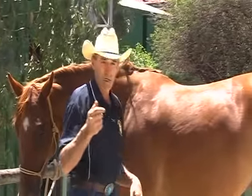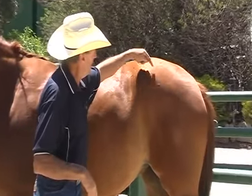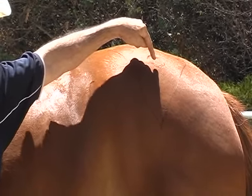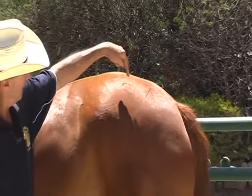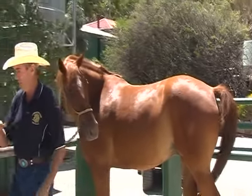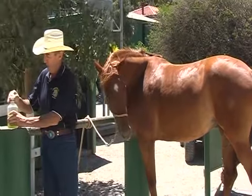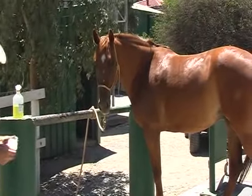Therefore, we inject horses in the rear end. And you'll see here that I've got a triangle and a circle here, and that's roughly where we insert needles, and far less painful. And if you do it the right way, the horse hardly knows that it's coming. Now, we'll handle tetanus and strangle shots, the smaller injections, later, but we're going to simulate it here today on